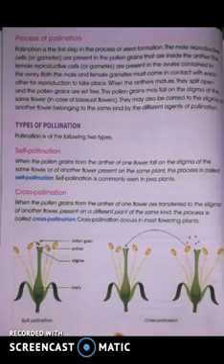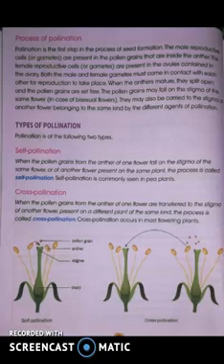Do you know, students, how the seeds are formed? The process of seed formation actually begins with pollination. After pollination, there are a series of processes which take place, ultimately leading to the formation of the seed. The other processes in between, we'll study in the next chapter. Right now we'll be learning pollination, which is the first step for seed formation. In the pollination process, the pollen grains from the anther, the male reproductive part, are transferred to the stigma. This is done by certain agents.